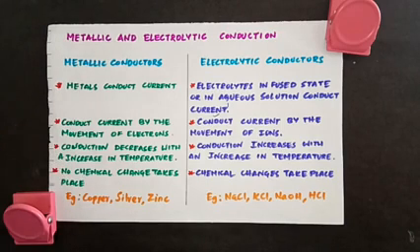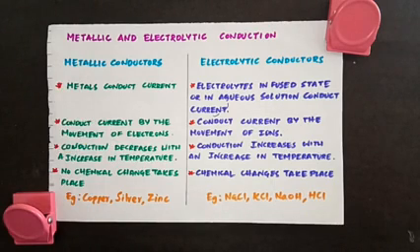Here in the case of metallic conductors, no chemical change takes place. In your house you could see the wires connecting different electrical appliances. When current is flowing through that copper wire, you cannot see any chemical change happening. So no chemical change takes place in the metallic conductors, whereas in the case of electrolytic conductors, chemical changes take place. We will be seeing about this electrolytic conduction in detail. Before that, we will be seeing few basic terms related to this electrolytic conductors. The examples of metallic conductors are copper, silver, zinc, and electrolytic conductors are NaCl, KCl, NaOH and HCl.